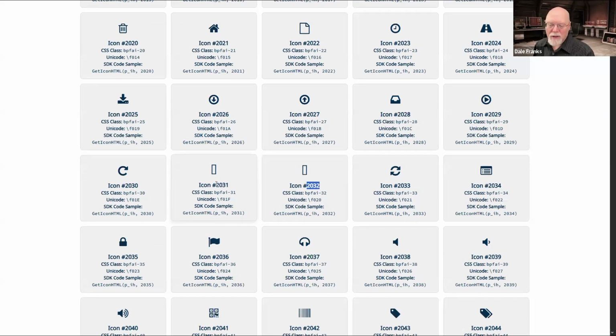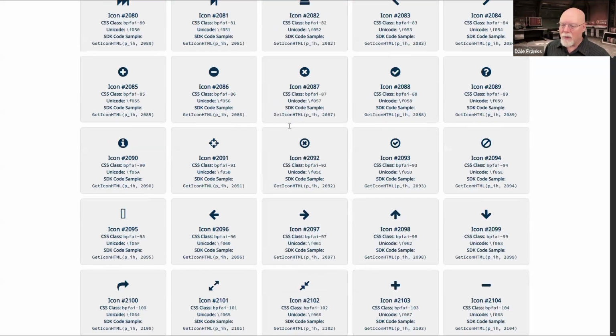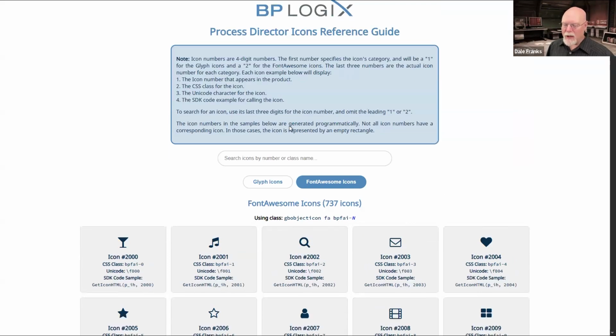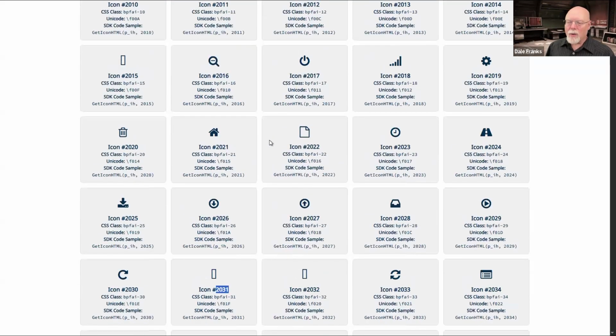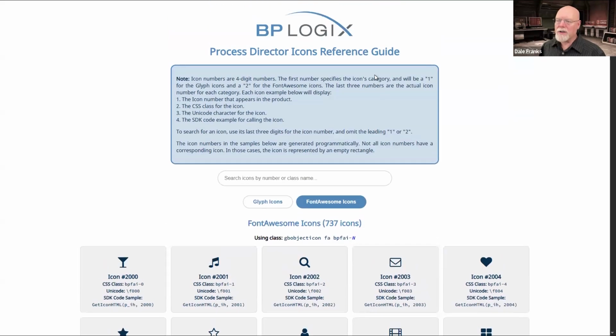You'll see that in this documentation, and that just indicates that there is not actually a Font Awesome icon that corresponds with this particular number. Because we generated all of these numbers programmatically, it includes every number, and because it iterates through, I don't really have a way of skipping things like icon 2031 or 2032, which just don't exist in the Font Awesome system.